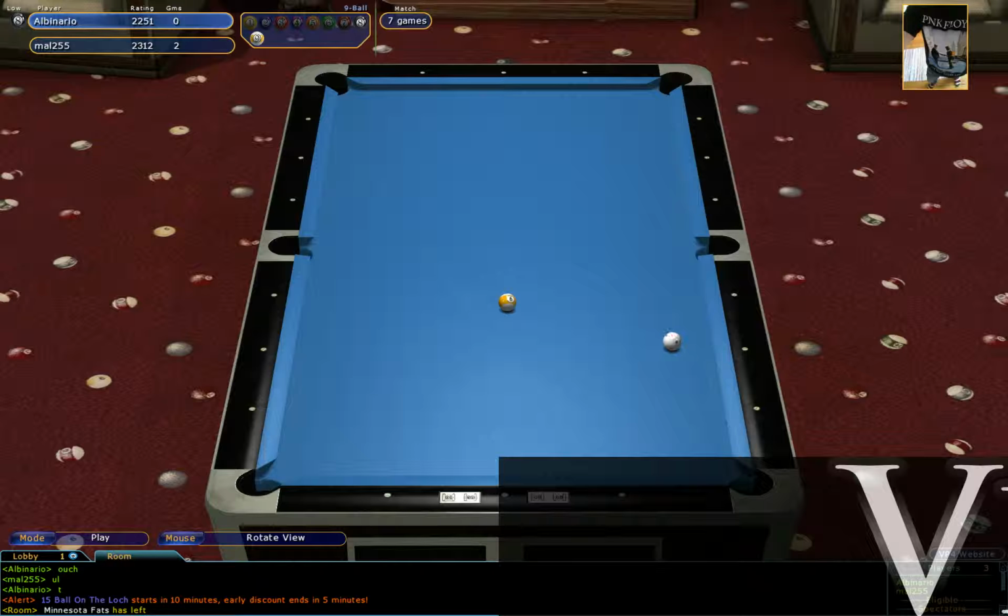And Albinario will be looking to run out here. And there doesn't seem to be a problem so far. Now he's got a slight angle on the 5, so he'd probably go round the corner here off the side rail, end rail, and round. And he needs an angle on the 7, which he's got, but he's got slightly too much of an angle for comfort. But he'll just be able to drop this in